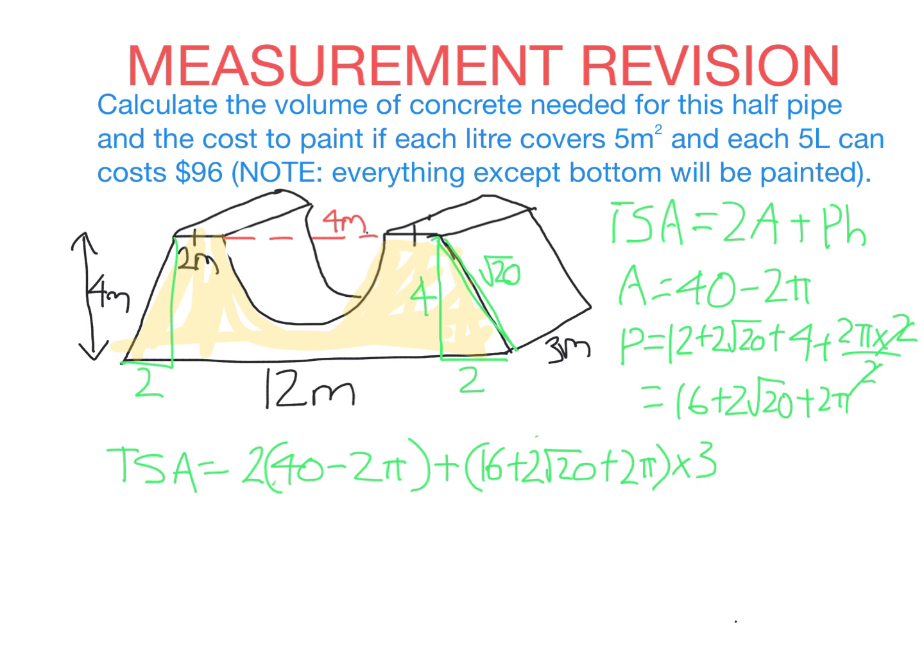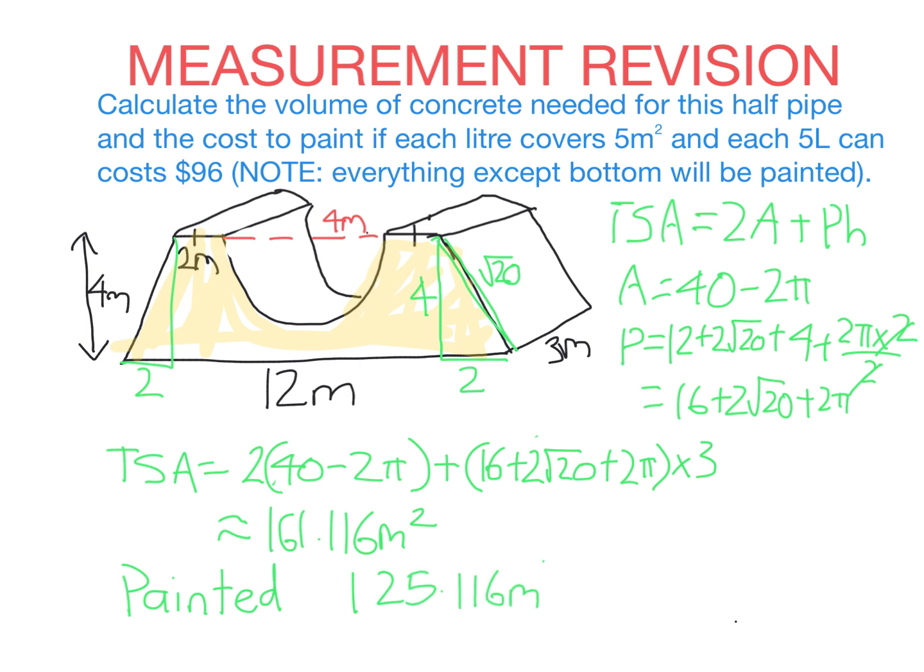Let's put all of this in our calculator. So we get about 161.116 meters squared, but this surface area includes all of the faces, including the bottom. We didn't actually want to paint the bottom. So the area to be painted, I need to take that total surface area and subtract the bottom, which is 12 times 3. The area to be painted is